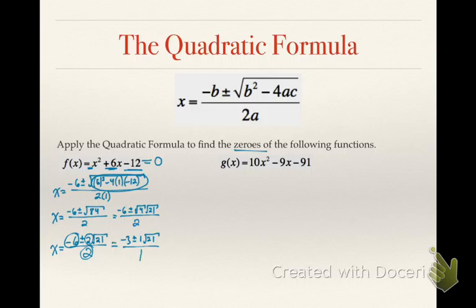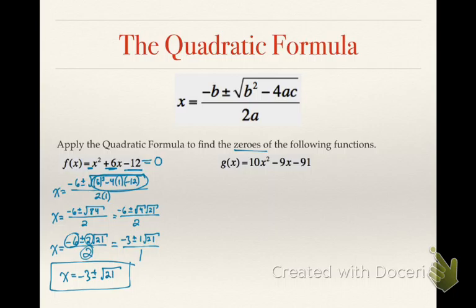And because it's over 1, my final answer is going to be negative 3 plus or minus radical 21. Sometimes you might have your answer as a fraction. Sometimes it reduces nicely like that. Okay, there's our answer. Now, of course, the question may ask you to find the zeros rounded to the nearest